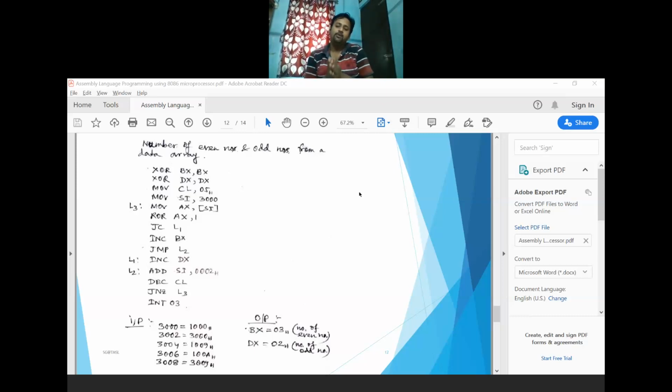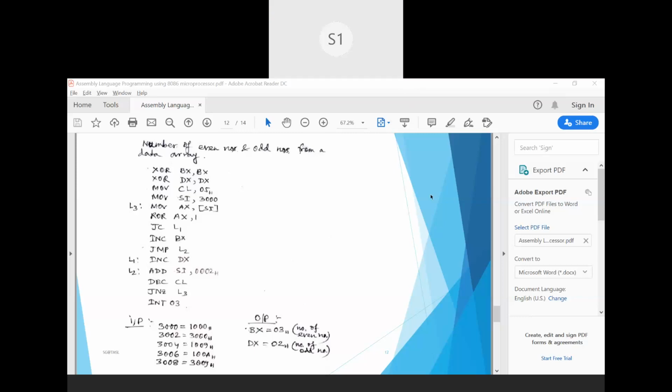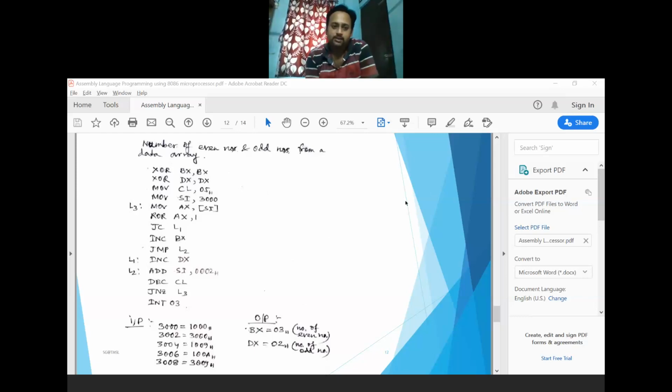Please everyone unmute yourself. Is this clear? Yes. Clear up to this much? This even number and odd number identification.